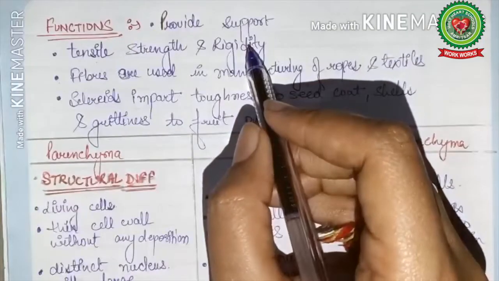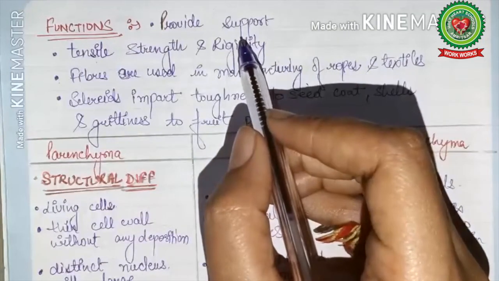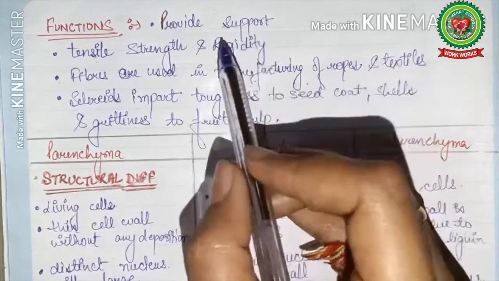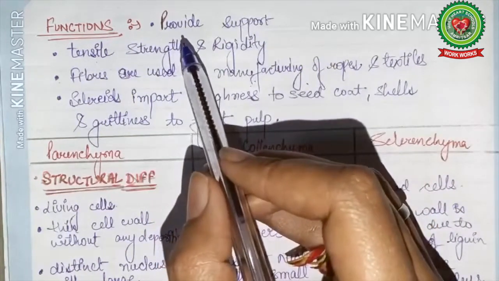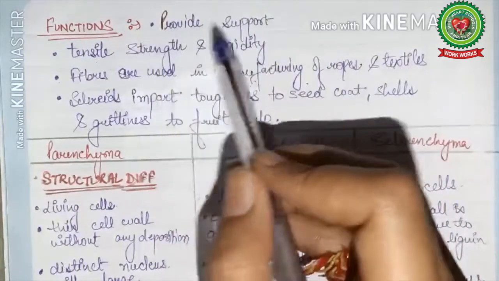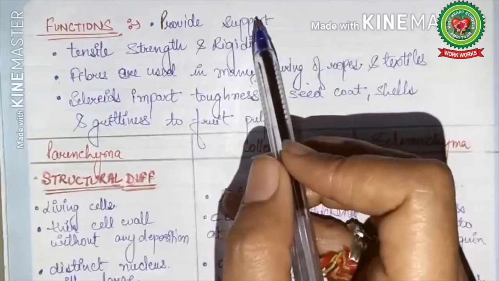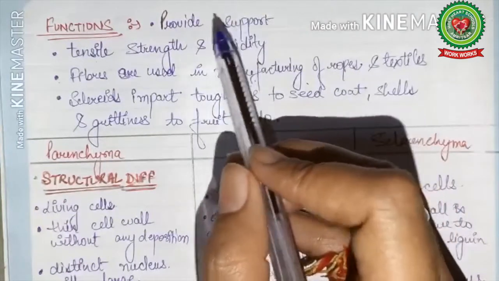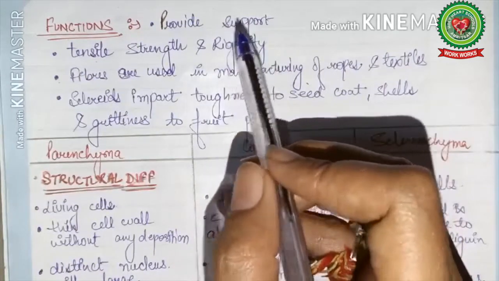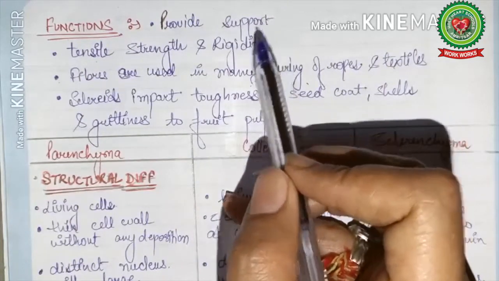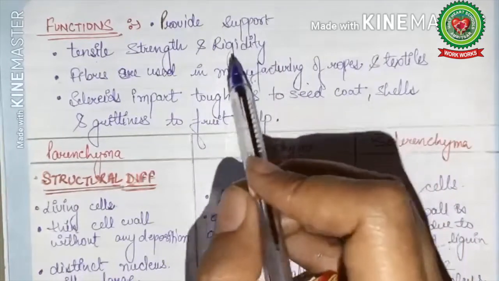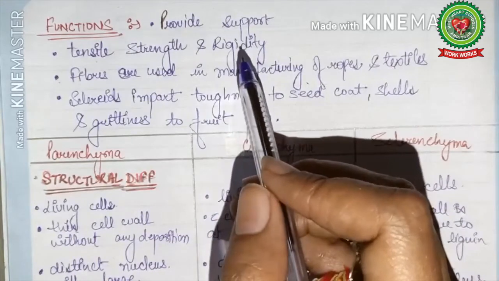Now if we talk about the functions of sclerenchyma, their main function is to give mechanical support to the plant. Second, because of the lignin, this tissue has high tensile strength and is able to stretch without breaking. Hence, they give rigidity to the plant as well as enable it to withstand various strains, like when strong winds are coming and other forces are bending the plant, the plant does not break. It is because of the presence of this tissue. It is providing rigidity and flexibility to the plant.